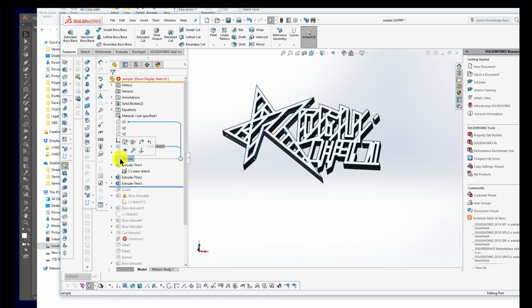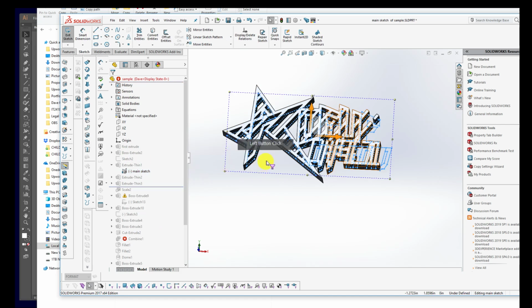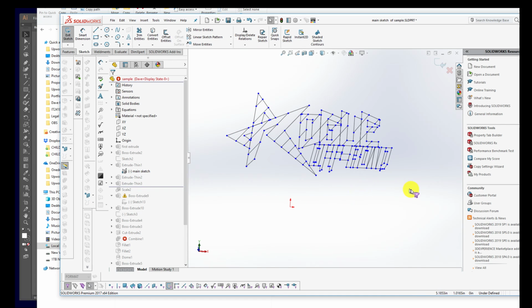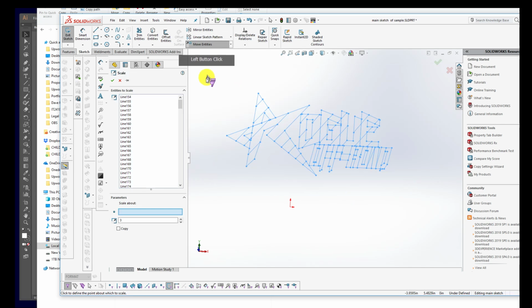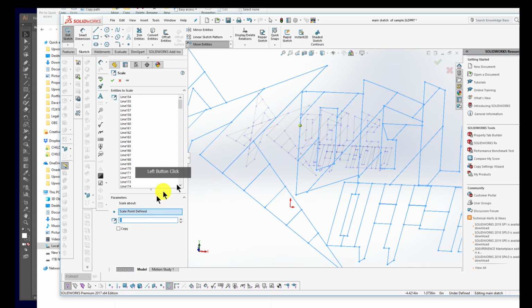To go with this sketch. No, which sketch do I want? This sketch, and I will grab all of that and scale that. I'll show you an interesting trick on scaling. Would you say 10 inches you want it? Yeah. So I think it was, what did I say, 6.9,